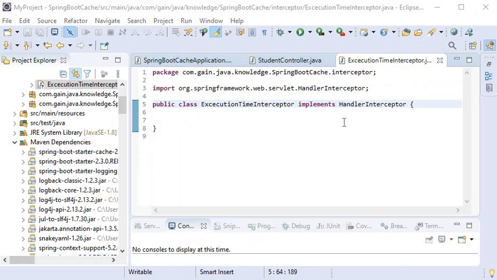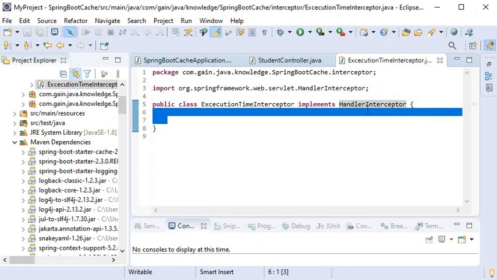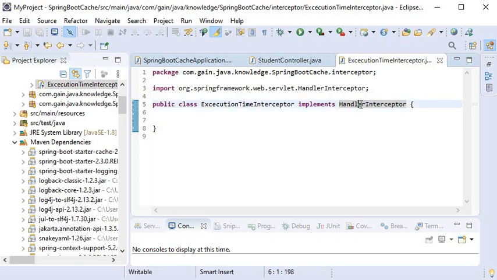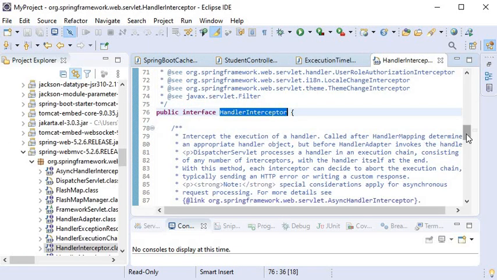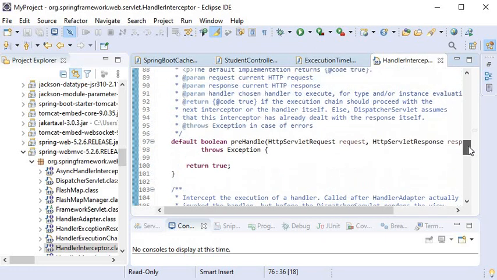Here I have implemented the HandlerInterceptor interface, and it contains three methods: preHandle, postHandle and afterCompletion. This is the preHandle function.